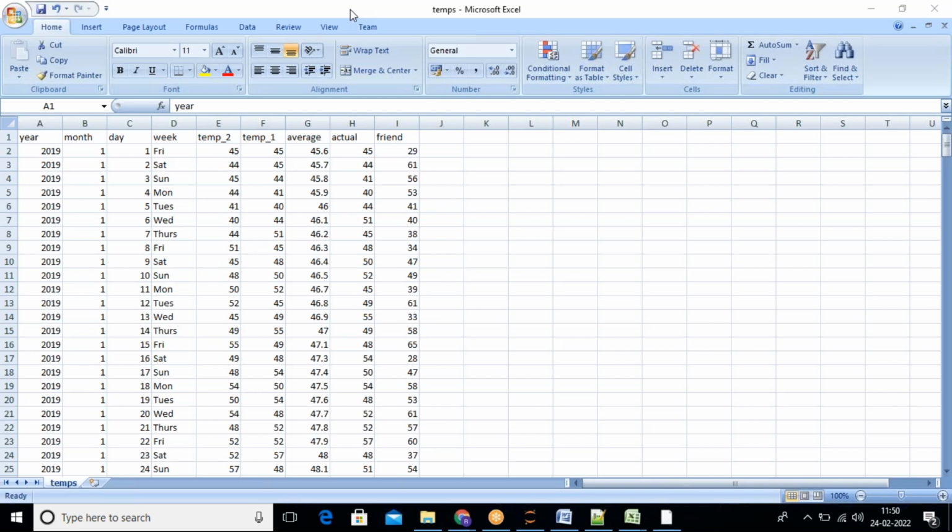Actual is the max temperature measurement, maximum temperature measurement, and then we have friend, ये है हमारा friend's prediction, it is actually a random number between 20 and average. अगर 20 से ज्यादा होता है तो above the average, if it is below 20 then it's below the average. Okay, just have a look at this data set, it contains lots of rows, बहुत ही current data set है, just have a look।